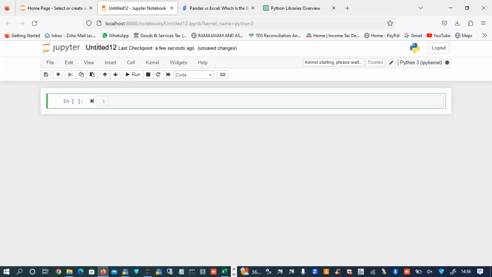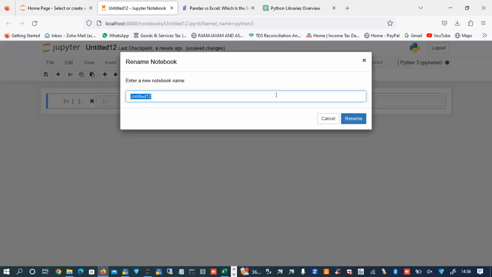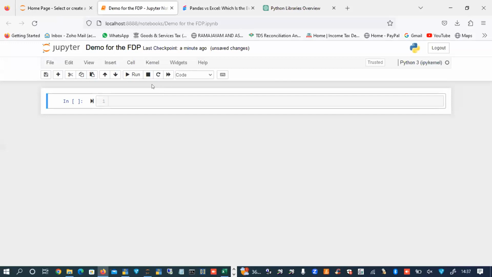The file name is Untitled 12. I can edit it here anytime. I can say demo for the faculty development program, and rename. So it is a small notepad or script file named demo for faculty development program. Where is it saved?